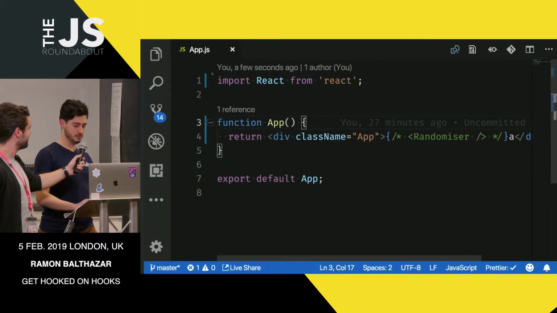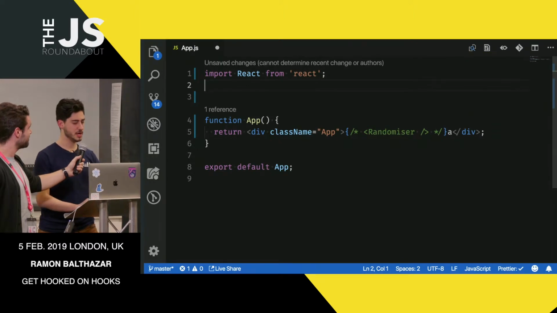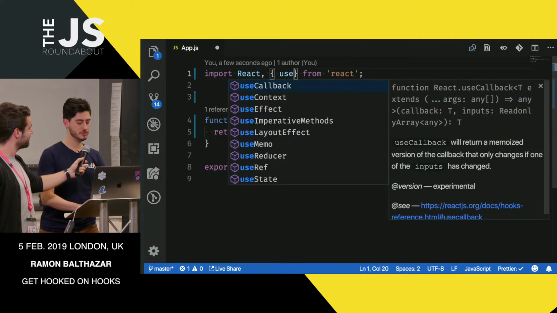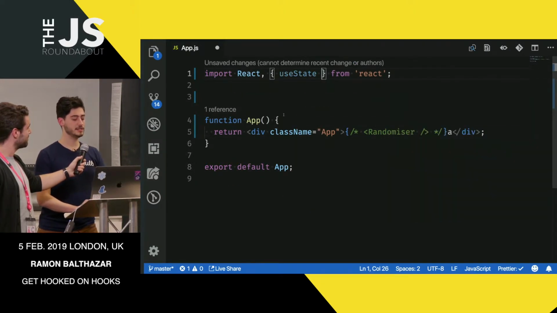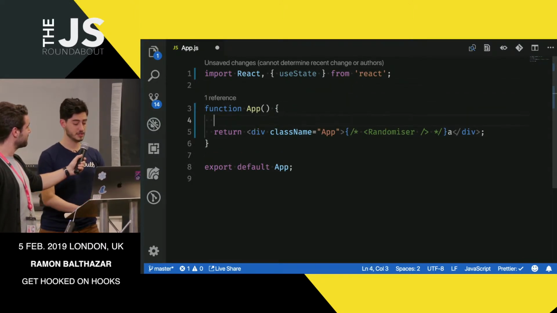Okay, I'll try to be pretty straightforward here because of time constraints. So how do we do it? There's this new function that you import from React called useState. Basically, you're inside your function component. You can see App here is a function.